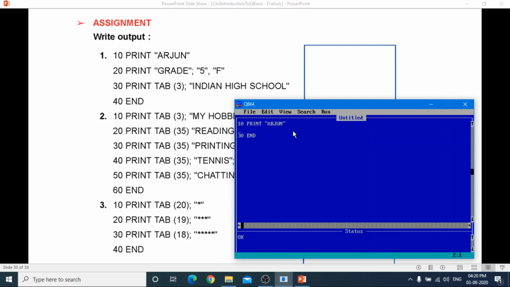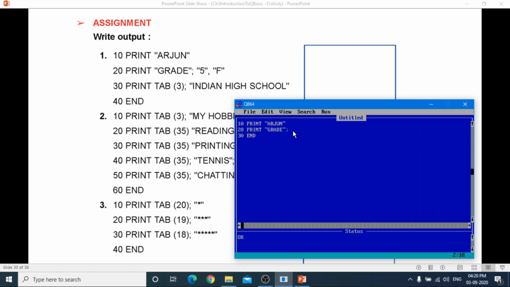And next one is 20. Print, what is written? Grade. Then double quotes and then semicolon.